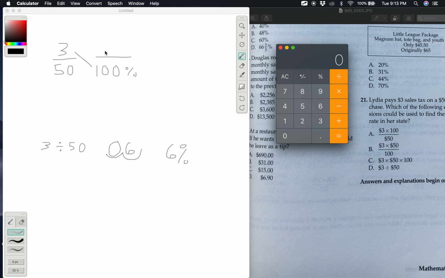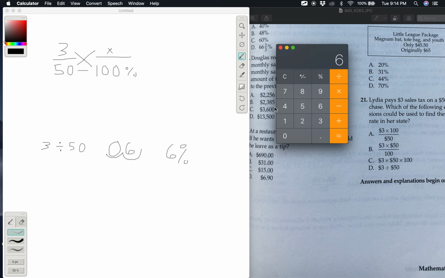So we multiply towards the missing variable side, which I call the x side because you would have an x there. 3 times 100. Then you would divide back towards the side without the missing variable. Okay, so multiply diagonally, always diagonally towards the side with the missing variable, to the only number that you have. So we know we would multiply diagonally this way because we don't know the number here, so we couldn't do it diagonally this way. Okay, so 3 times 100, then divided by 50. So 3 times 100 equals 300 divided by 50